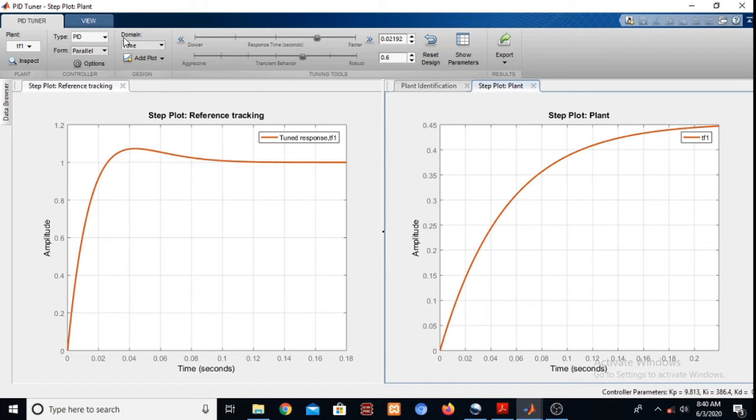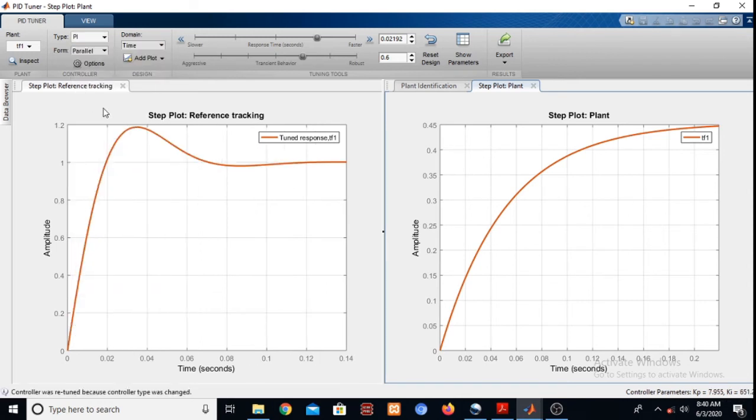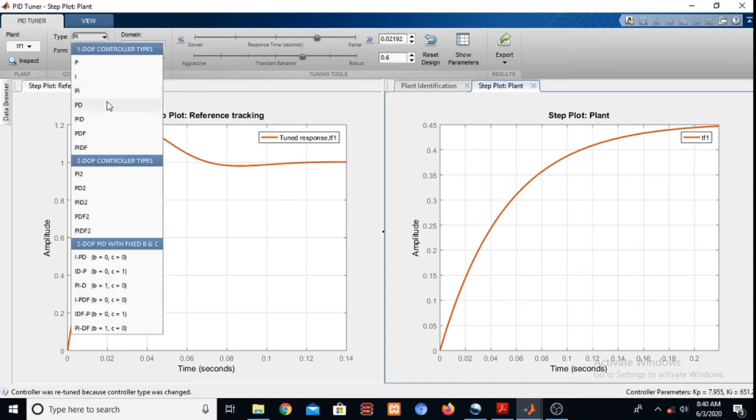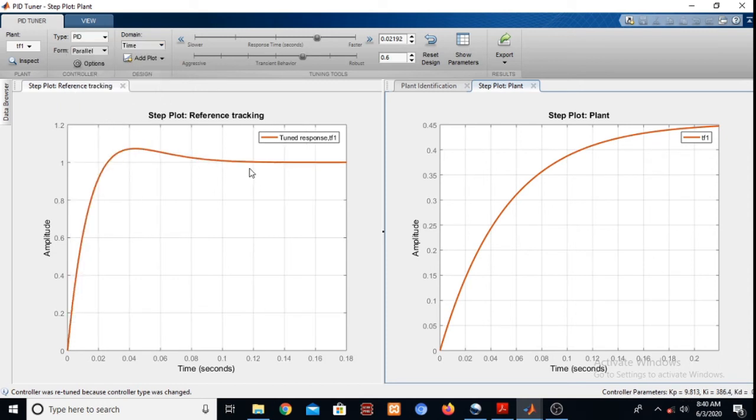Okay, so you will find that this is a response with PID, and this is a response with PI. Okay, so with PI we are getting little more overshoot, and with PID we are getting lesser overshoot. Okay, and the settling time is also reduced to 0.1 seconds.